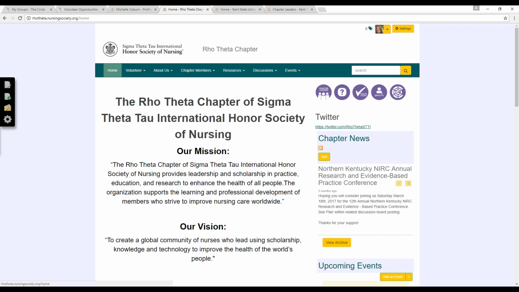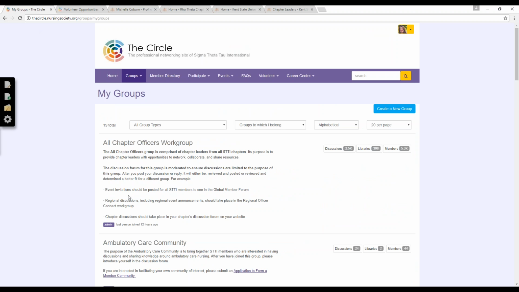I did want to show you where your resources are located. So some of the videos that we've referenced already and just documents that you can print out about using your website is available in the All Chapter Officers work group. So as I mentioned, when you're signed into the circle and you click on groups and then my groups from the purple toolbar, and then you select All Chapter Officers work group,